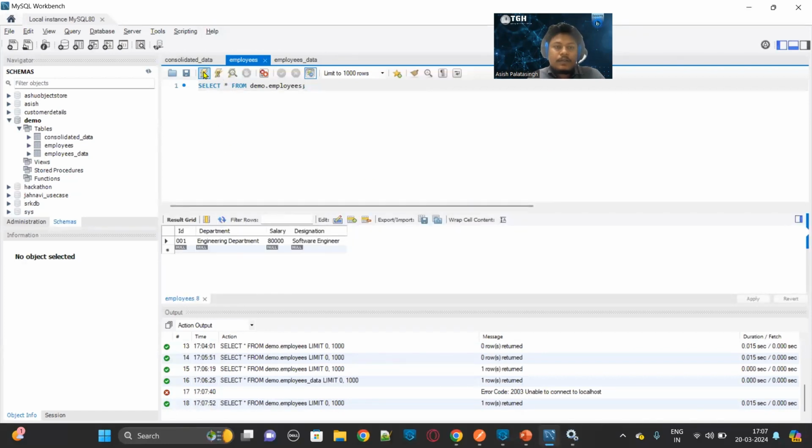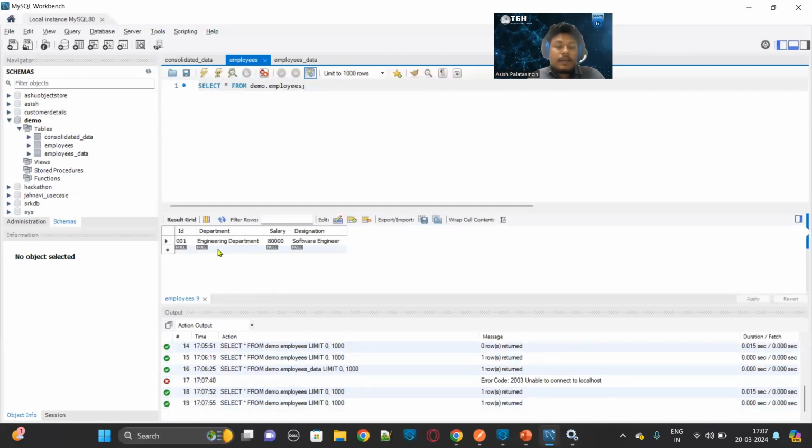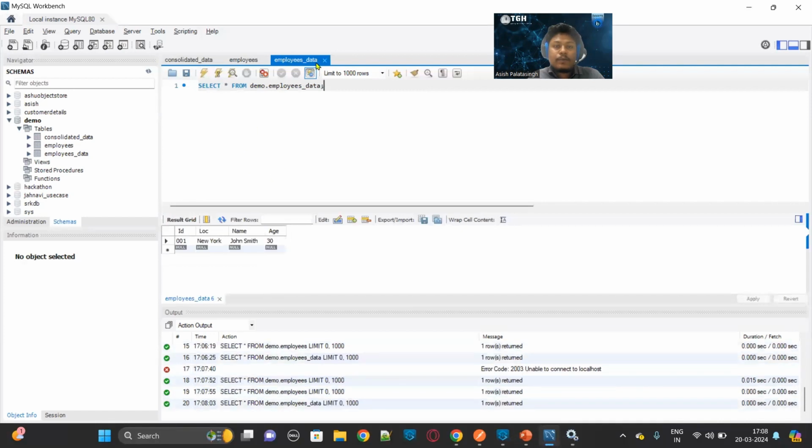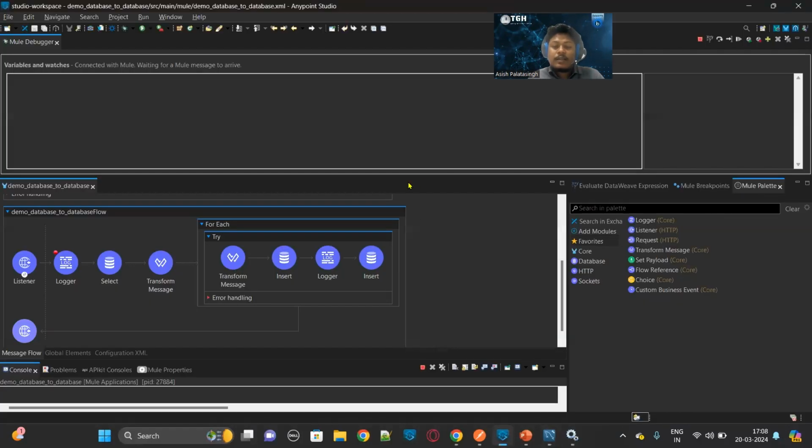If you see here, the second data is not present. The second record 002 is not present here because while inserting into the second table, the employees data table, the communication was broken. The Mule application was not able to establish communication with the database. For that, the data in the first table itself is rolled back completely. So that's how transaction management